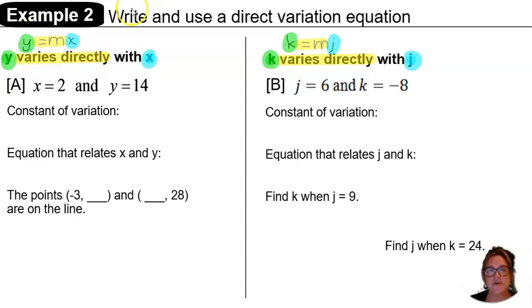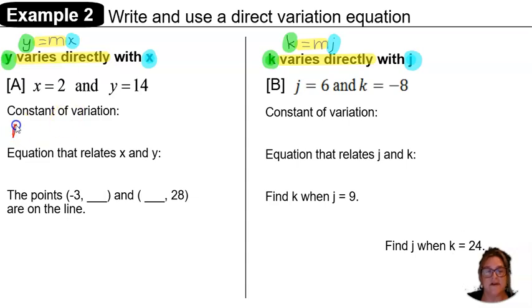So in example 2 of our notes for direct variation, we're asked to write and use a direct variation equation. So we're told y varies directly with x. That means the equation is in the form y equals mx, m being the constant of variation. So if y varies directly with x, and x is equal to 2, and y is equal to 14, then